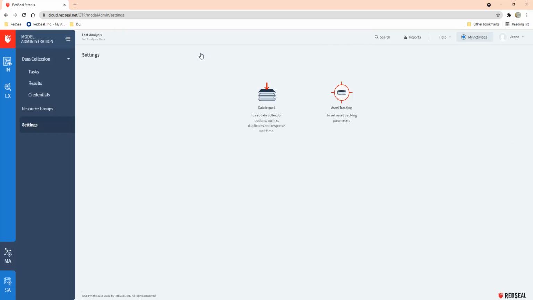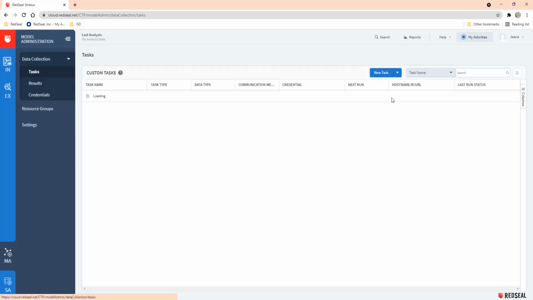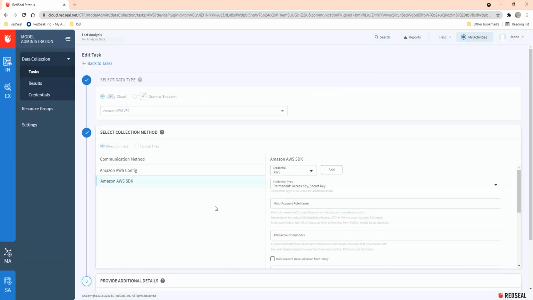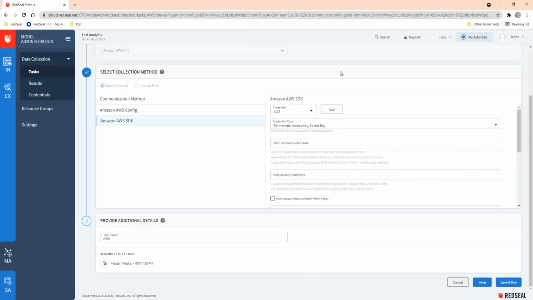We still need to work through our third step in creating a data collection task, so we should select the task option from our navigation panel. Selecting the task in this table will display a menu with an edit option. As the task window opens, we can look toward the bottom left corner at step 3 and see where the